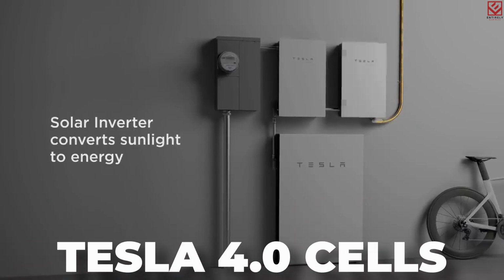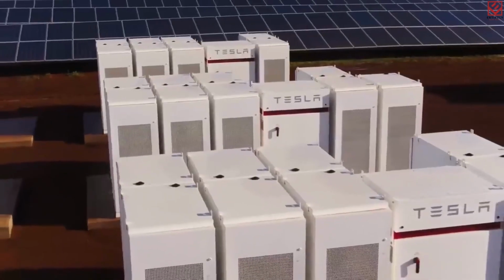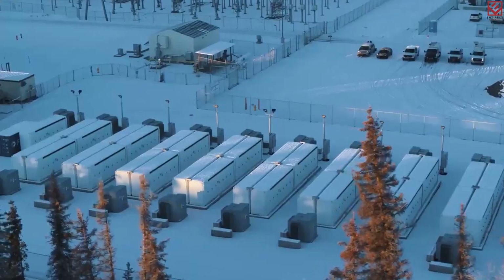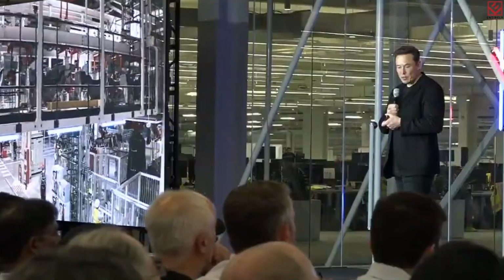Are you excited about this solar cell? What will the new Tesla 4.0 cells produce? How will they be different? And what is their unique functionality that's surprising everyone? If you're worried about these questions concerning the new cells by Tesla, don't worry because everything will be revealed in